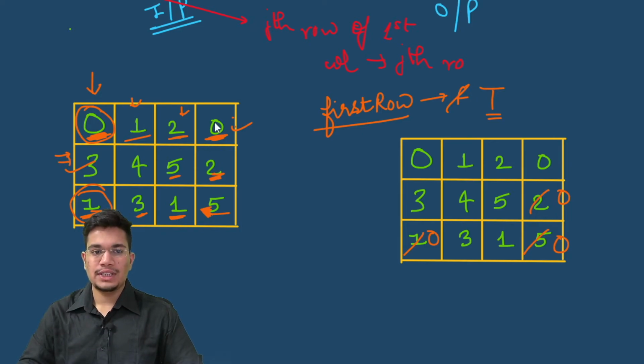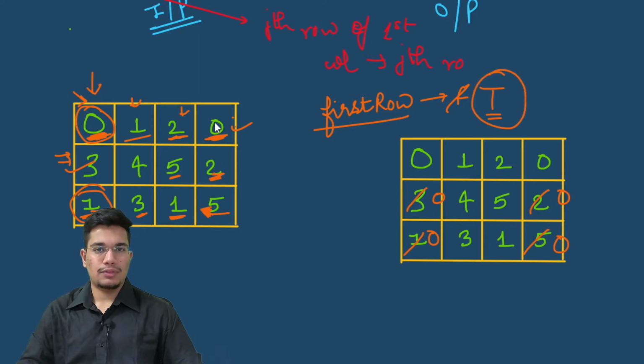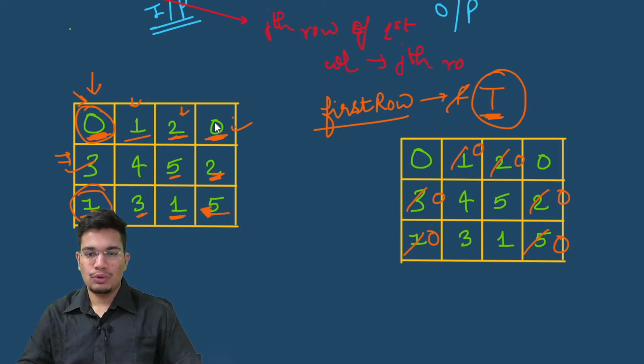For 3, we will check this particular value, since the column that it is lying in is 0, we will have to change 3 to 0. And then for 0, it's already 0, we won't have to make any changes. For 2, now 2 is lying in the first row, so we will have to check this variable which is representing the logic for our first row. Since this variable is true, we will have to change 2 to 0. Then for 1, again it's lying in the first row, which is true, so we'll change it to 0. And then for 0, it's already 0, so we won't have to make any changes.